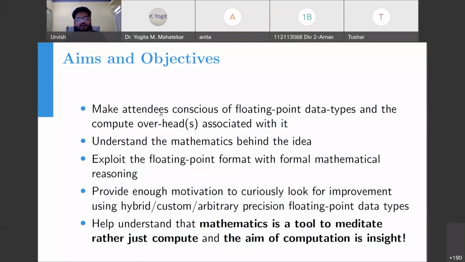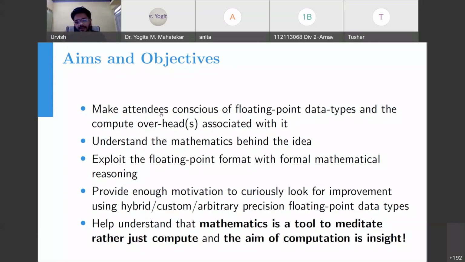And as I already told, I'll try to give you enough motivation so that you can curiously look for improvement for these custom or hybrid or arbitrary precision floating point data types. One good thing, just a general higher order view for what I'll be discussing, is you need to understand that